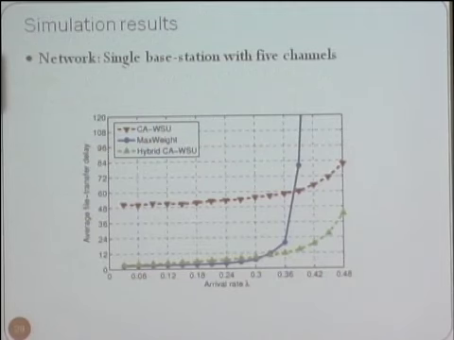So this is the same picture that I showed you before. It's a single base station. You have 5 channels, and the average file transfer delay is something we plotted here. This is the workload-based algorithm. This is the max weight algorithm. So if you combine the two, and this is not just one example, we've done extensive simulations, it always seems to do this. It looks like the max weight algorithm up to this point, and then it continues to be stable beyond this point, whereas the max weight algorithm blows up like that.